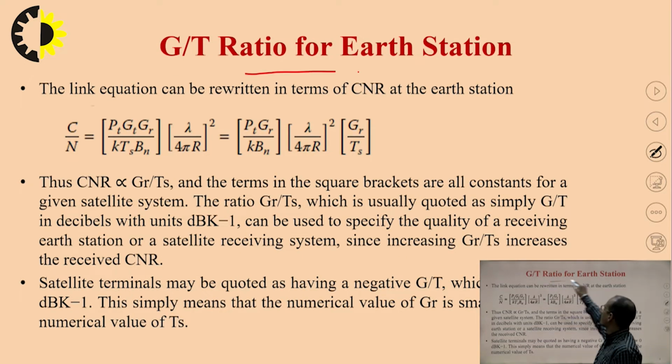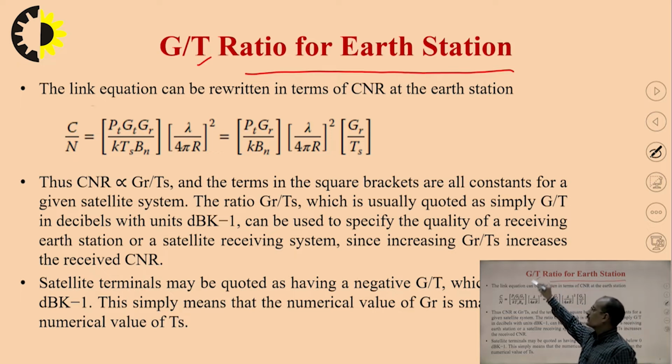So after taking this noise figure and noise temperature calculation, we are going to find out the G by T ratio for the earth station. Actually, when we are talking about G by T, T stands for the temperature and G stands for the gain. Gain to temperature ratio